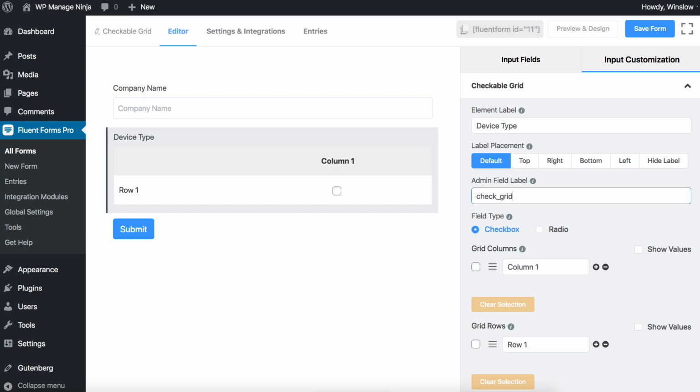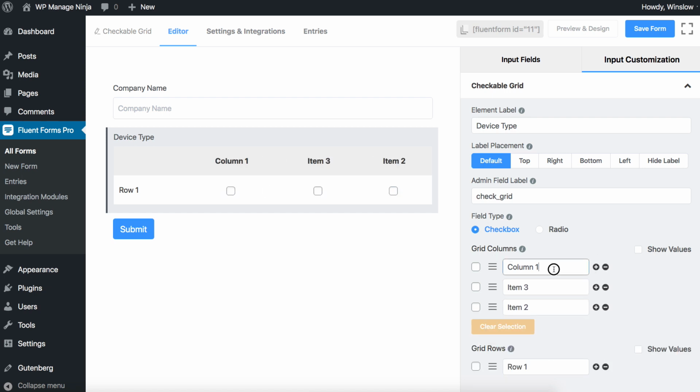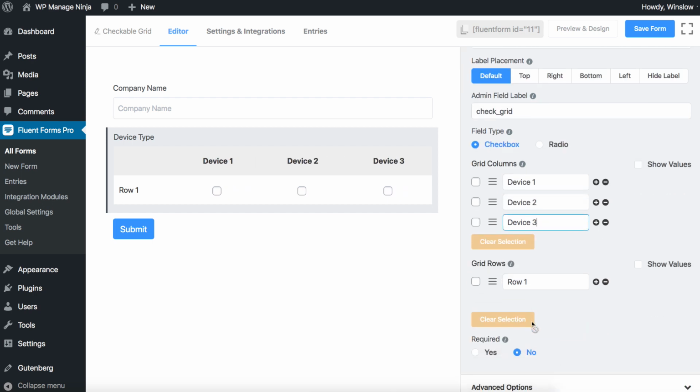Users can't. Determine if the Checkable Grid is to function as a checkbox or a radio button field. The procedure of setting up these two options are the same, but in the output form, the functionalities differ a bit. Add options by clicking the plus icon beside the last entered option. Now name all the options and checkmark them for default selection.